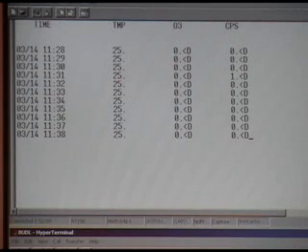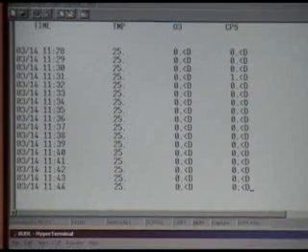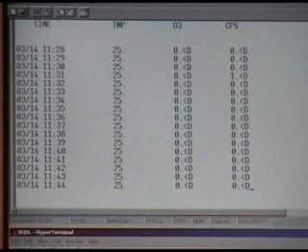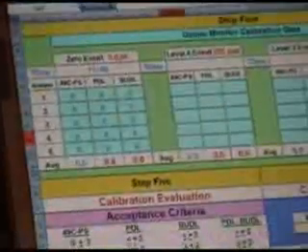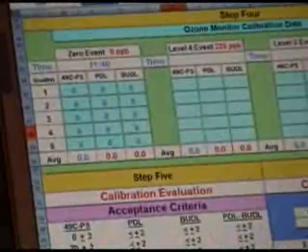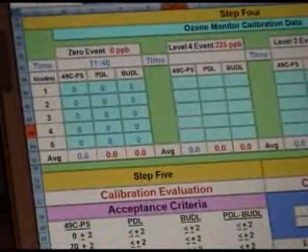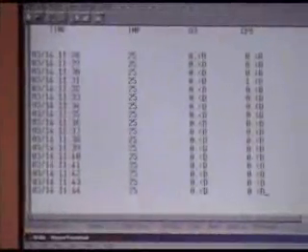And we're going to calibrate that as well. As you can see, we have our 5 consecutive readings for our zero. And we have recorded them in the proper slot on our calibration worksheet. Now we're going to end this calibration event